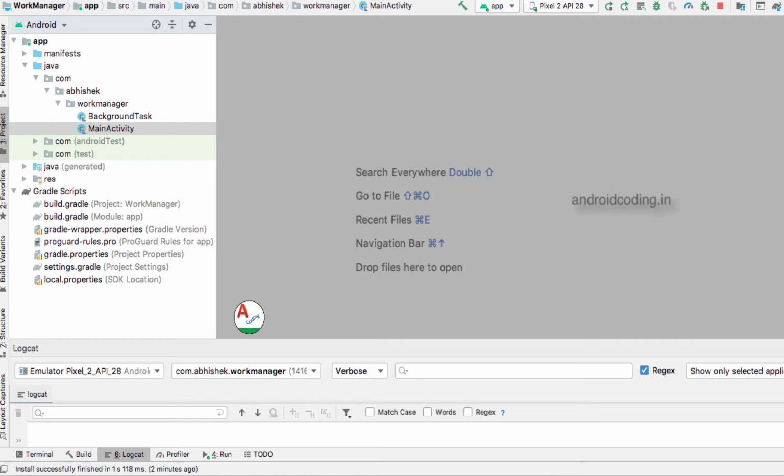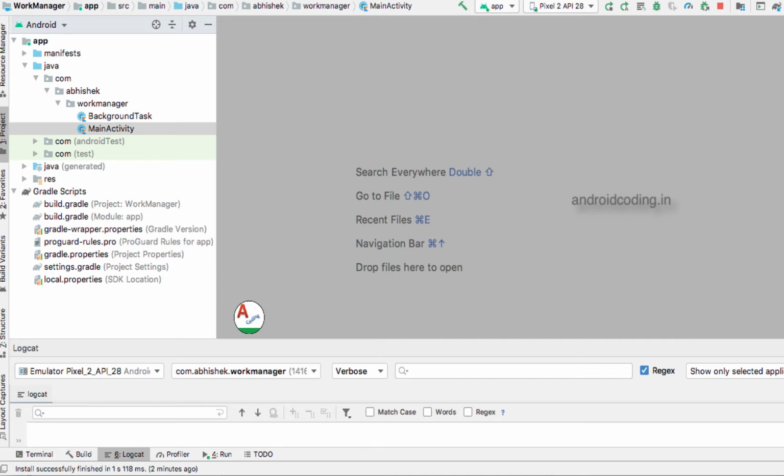And not only this, in the latest Android version, Oreo, whenever you are trying to run any background services, it has some constraints like Doze mode, which will not allow you to run any background service. So when you want to achieve the task of uploading photos successfully to your server, you need to use a work manager.